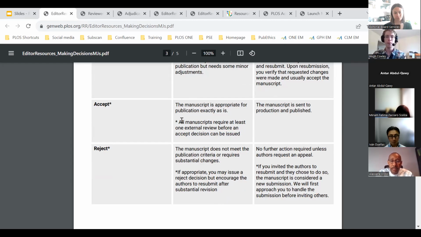This often goes unsaid, but if you yourself have a potentially competing interest with a reviewer, so say you have decided to carry out an evaluation of the work, and you decide to invite one of your colleagues from your own institution to assess the work, they are not sufficiently independent in that situation. So if you, as handling editor, invite two reviewers, one of whom is from your institution and one is external, absolutely fine. That's not a problem at all. It's only if you are reviewing the manuscript yourself, the other external reviewer will need to be someone who is not from your institution.